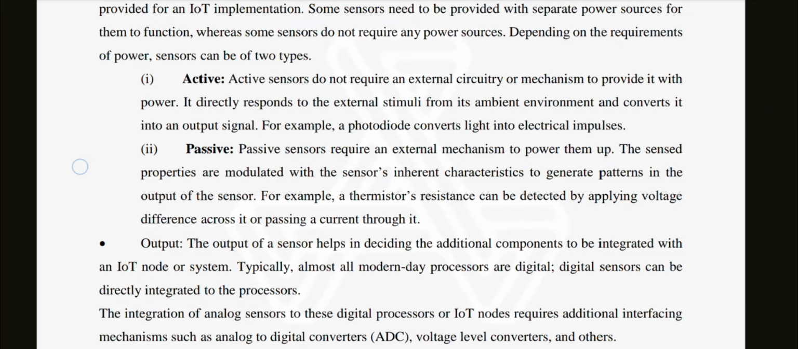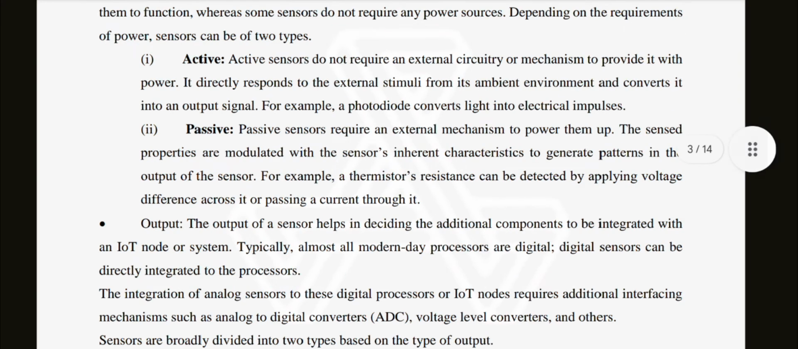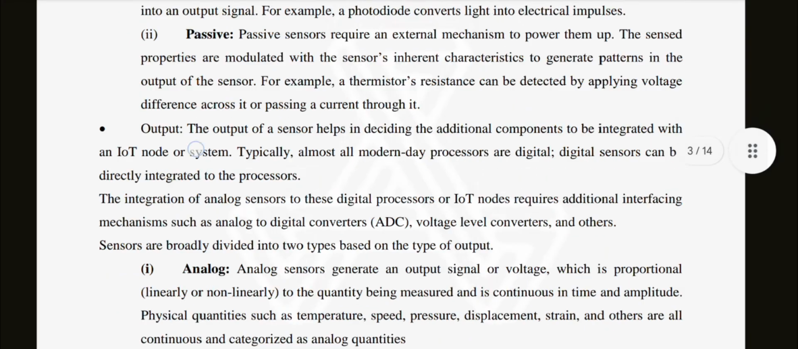Output. The output of a sensor helps in deciding the additional components that are to be integrated with an IoT node or system. Typically, almost all modern day processors are digital. Digital sensors can be directly integrated to the processors. The integration of analog signals to these digital processors or IoT nodes requires additional interfacing mechanisms such as analog to digital converters, voltage level converters,